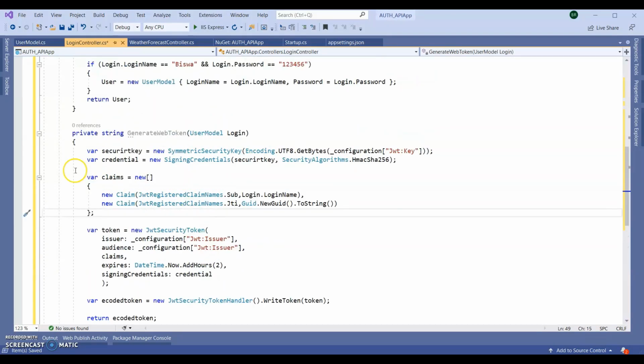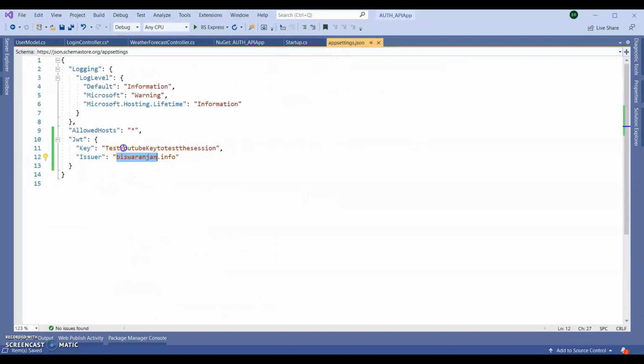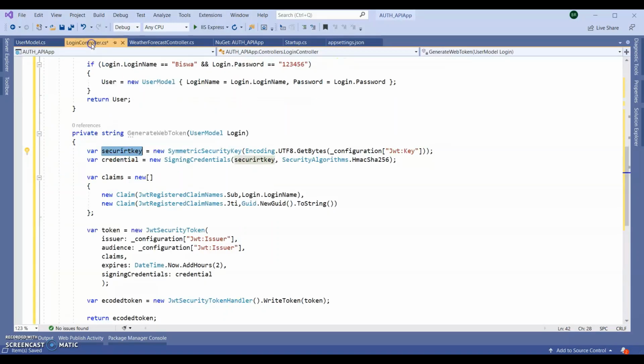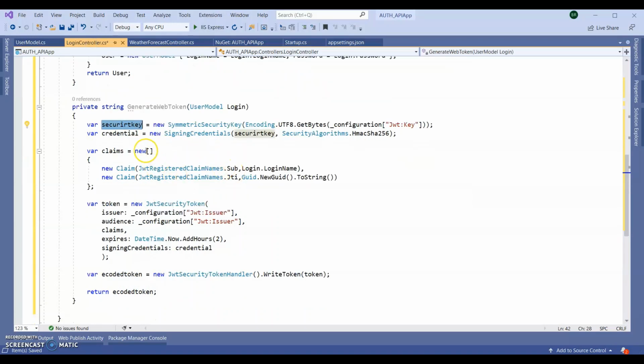Done. So what we are doing here, we are getting the security key from the appsettings.json through this key, and we are creating one credential algorithm through this SHA-256.